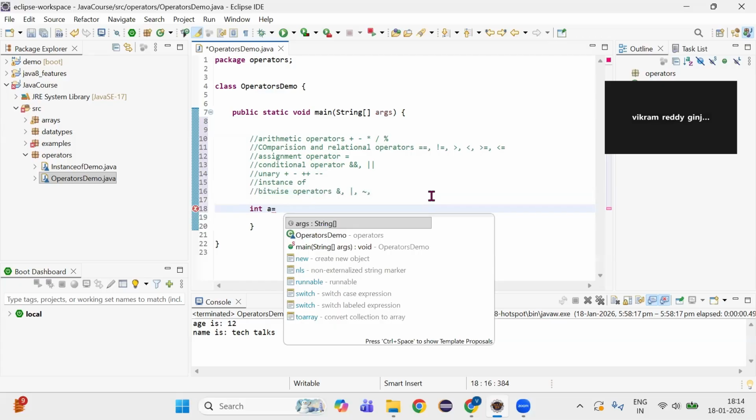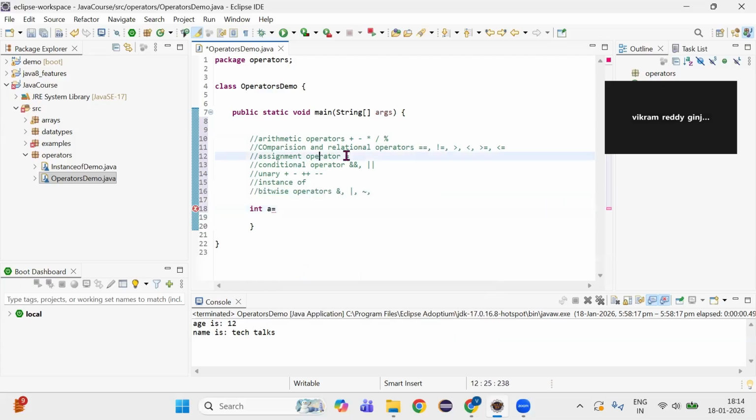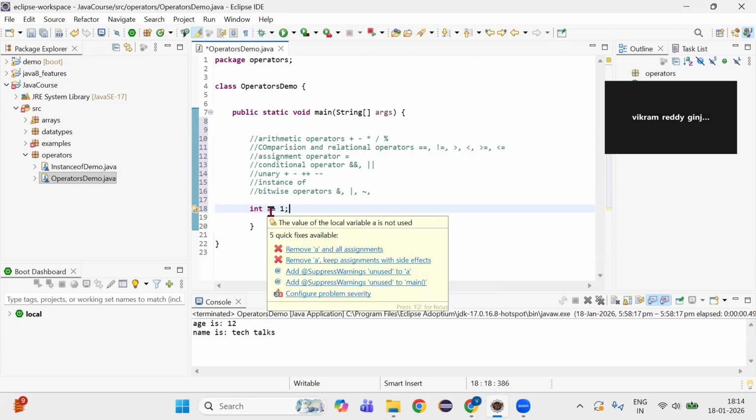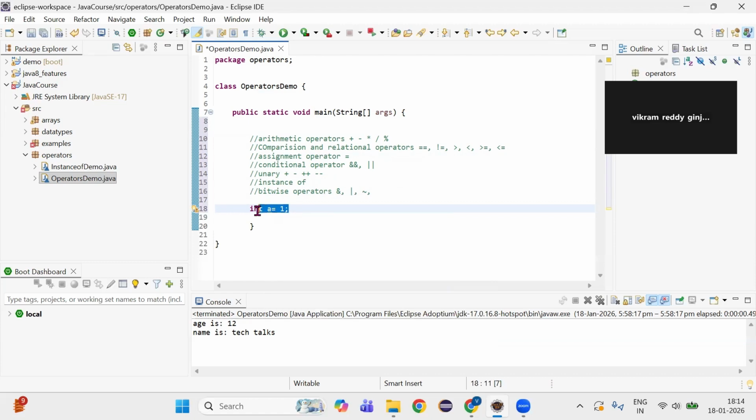So like we see the assignment operator, this one. In this case what's happening is we are assigning the value 1 to the operand on the left side, that is a. So this is a simple assignment operator, right? Similarly,